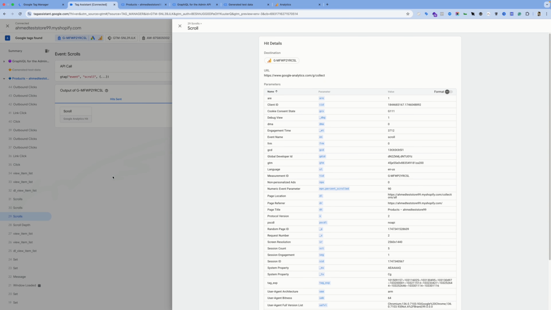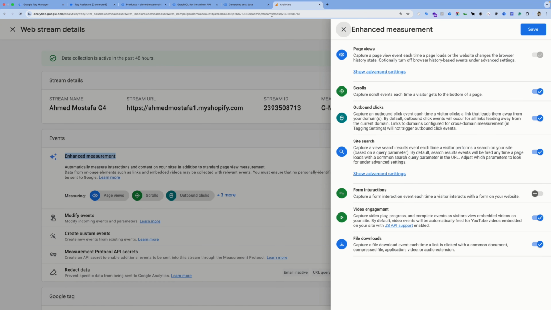These two events, the scroll and outbound clicks, were tracked automatically without configuring anything within Google Tag Manager once I just enabled these options. It's not ideal to use, but always good to have them. And that's it. I highly recommend using the first option, which is using Google Tag Manager, as it's the most ideal and the most controllable one, rather than counting on features within Google Analytics itself.